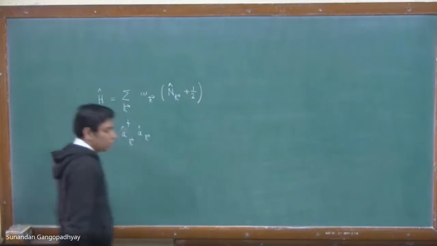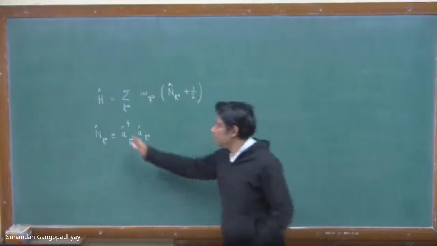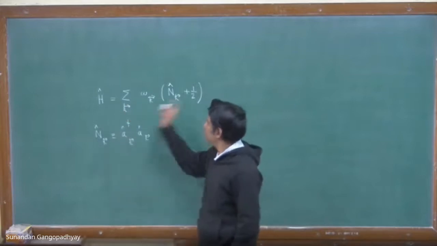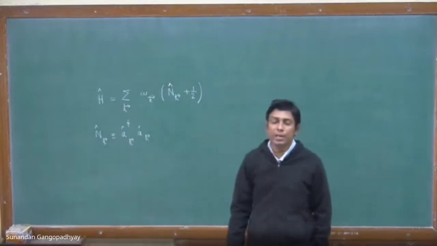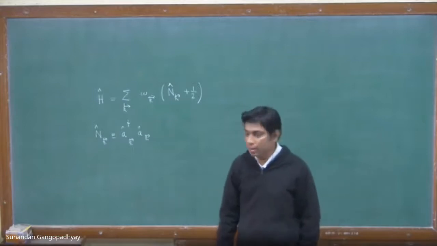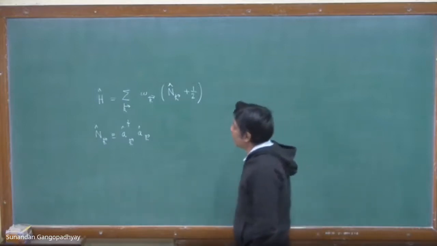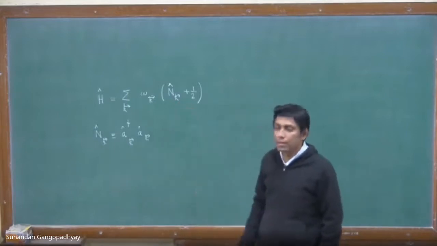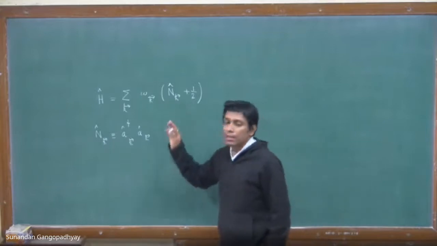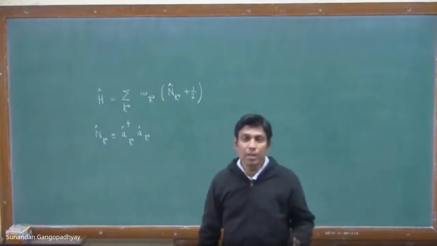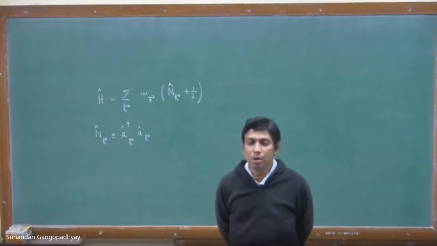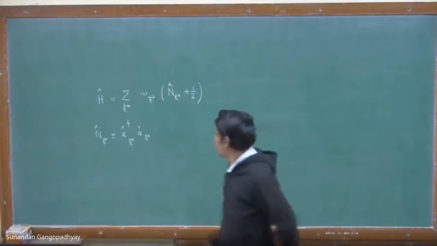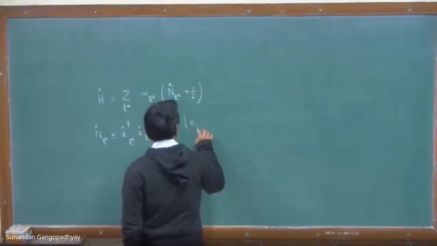So I put hats on top, but for the rest of the discussion, I will skip that hat on top. So we derived this expression for the Hamiltonian operator in the previous lecture, and we also found the interpretation for this operator. The interpretation for this operator n_k hat is quite simple. It basically is the number operator which gives you the number of particles with momentum k vector, and therefore you also have the interpretation for this state.